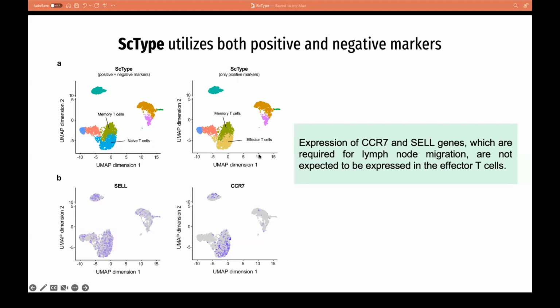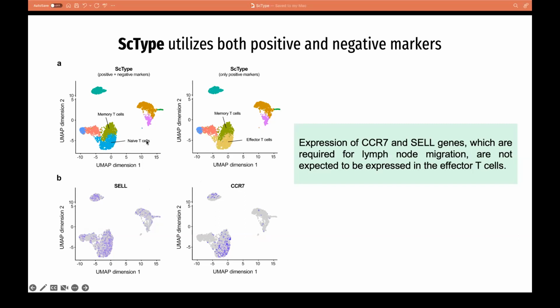And the reason is that if you go to literature, you see that the naive T cells shouldn't express CD44 and the effector T cells shouldn't express CD62L and CCR7 because they are more mature and have migrated to the lymph node. So if you use these kinds of negative markers, such as CD62L and CCR7, for annotation of T cells, then you can correctly annotate this subtype of a particular cell type